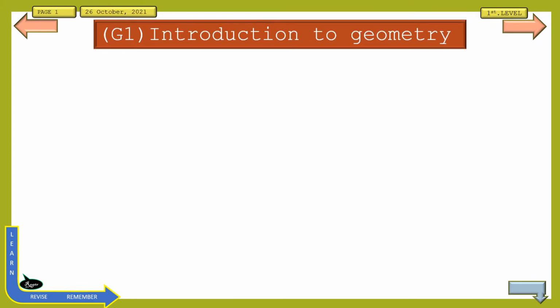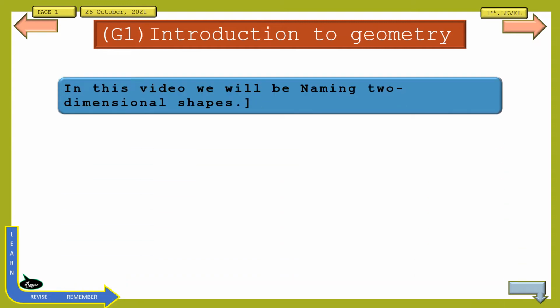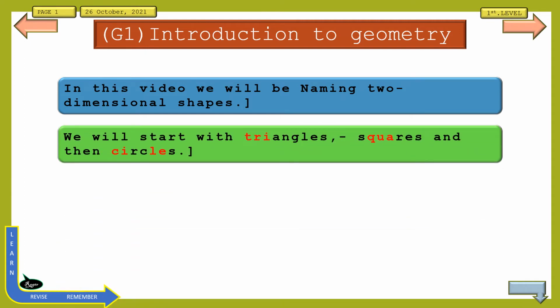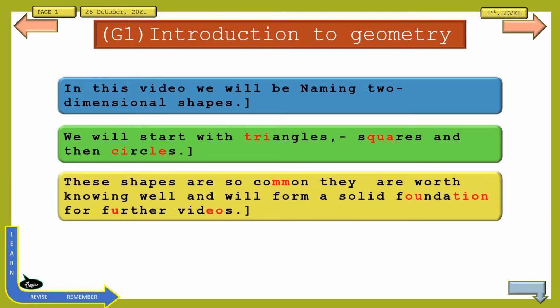Hello again. This is now going to be an introduction to geometry. In this video we will be naming two-dimensional shapes. I know it sounds simple, but you have to start somewhere. We'll start with triangles, then squares, and then circles. I can promise you these shapes are so common they are worth knowing well and will form a solid foundation